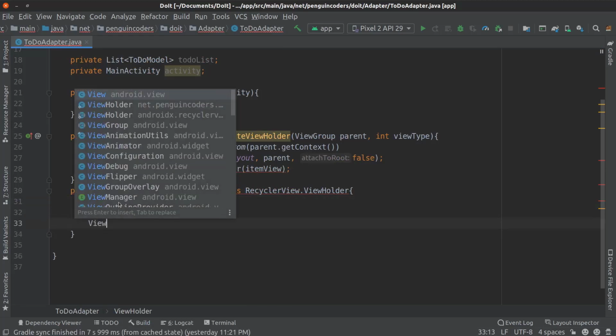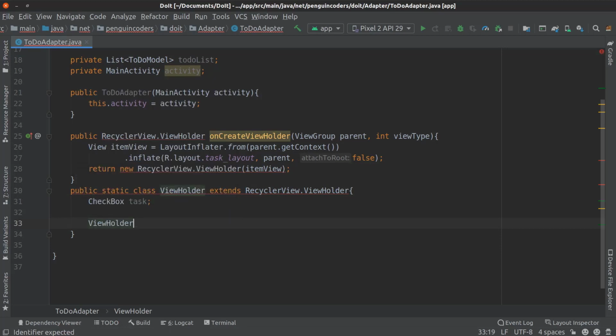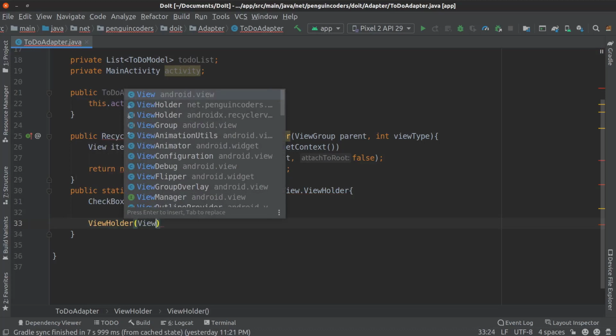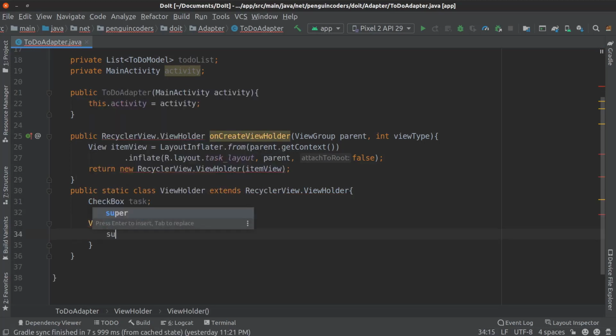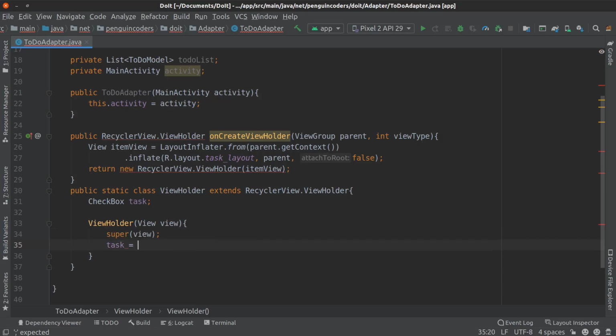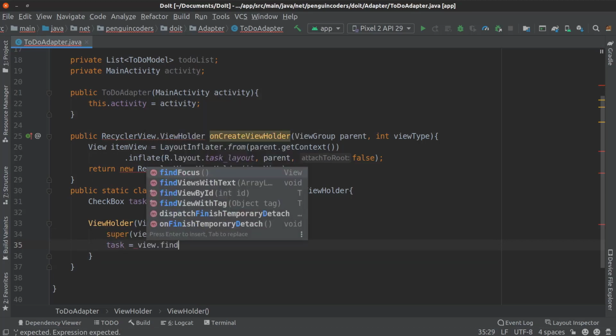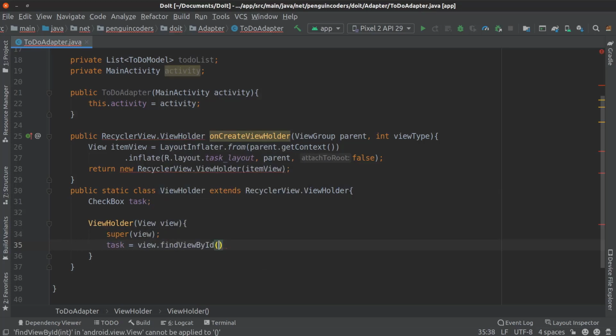So we will define a constructor here. View holder, view, then super view, and we will define the task equals view dot find view by id R dot id dot checkbox.